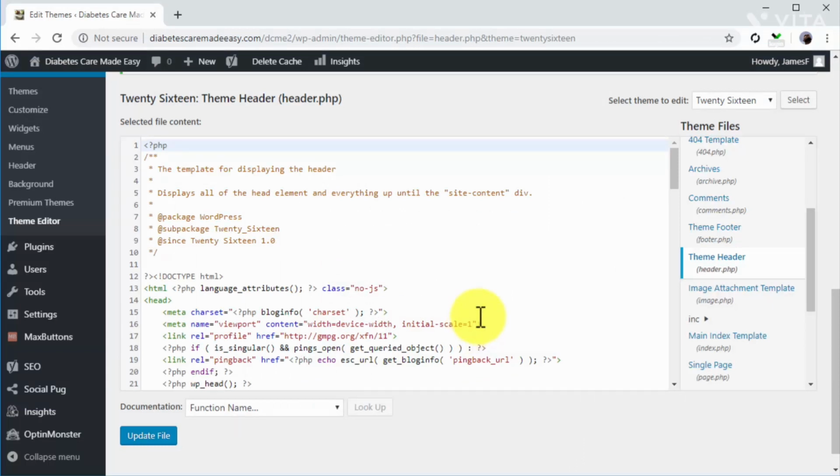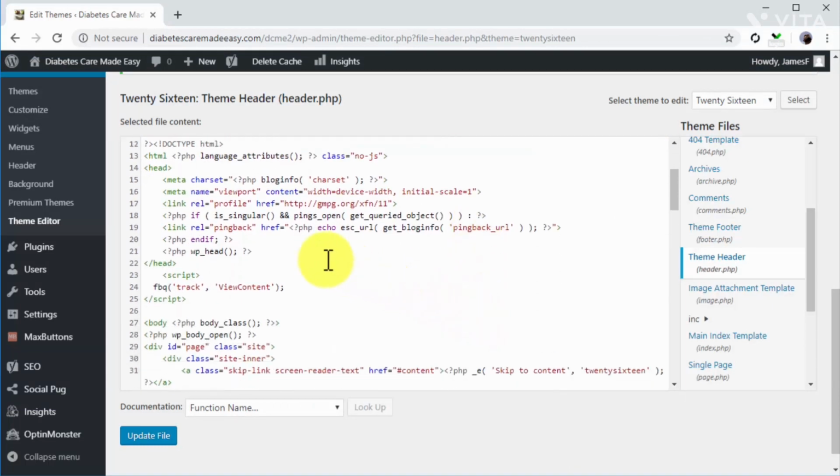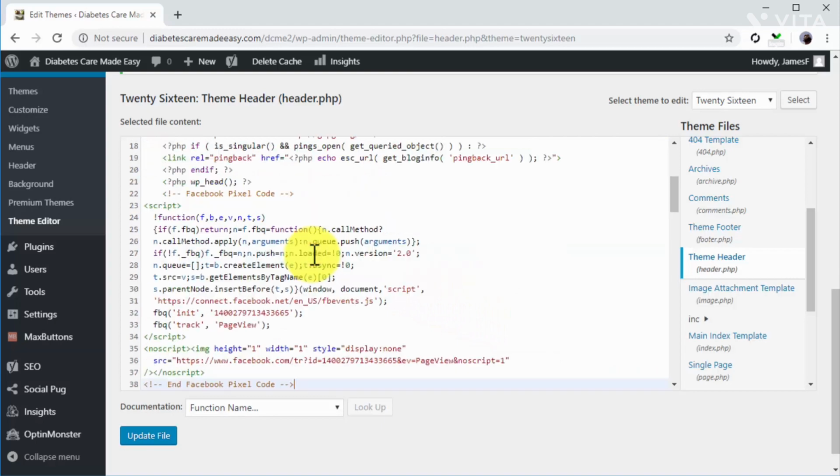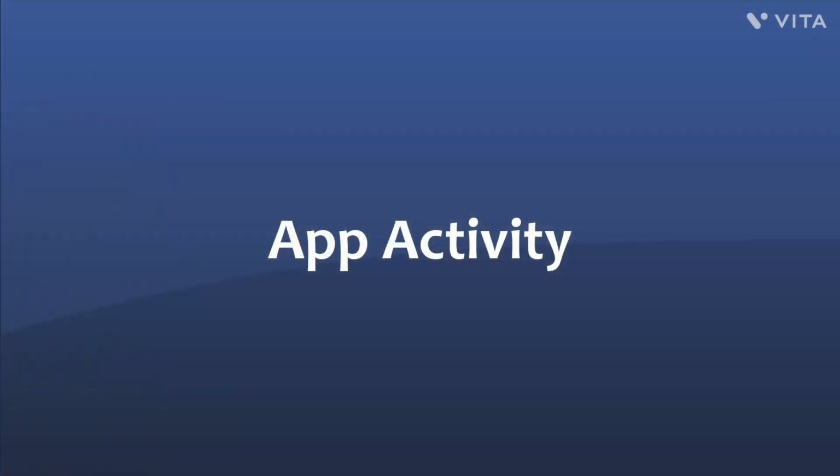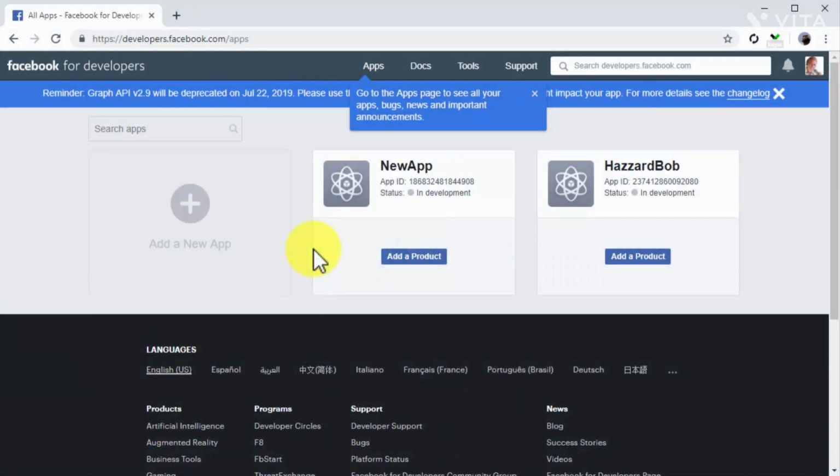After your pixel starts tracking traffic, you will be able to create a custom audience using website traffic. App activity. You can create a custom audience made of people who have used your app. To create this type of custom audience, you first need to create an app on Facebook. To create an app, start by going to